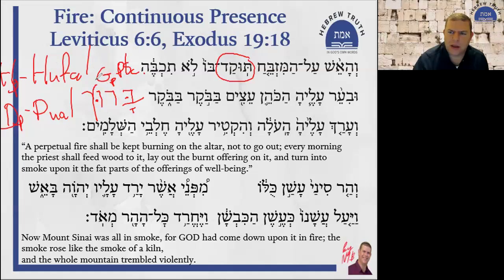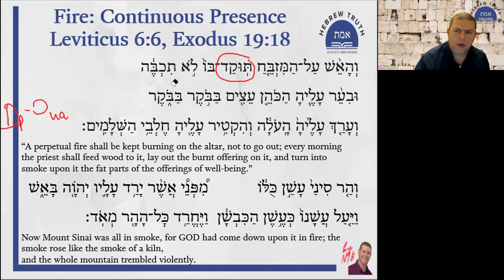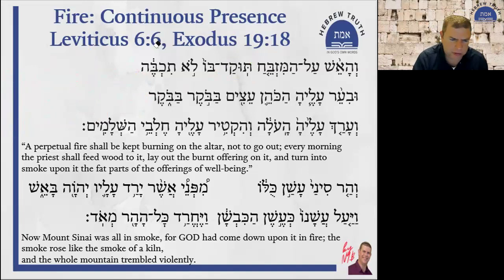And you can see that they all have the U vowel. Either the kal passive participle following the second root letter, the pual following the first root letter, and the hufal following the prefix. So the position of the u vowel changes, but the use of the u vowel to mark the passivity is something that we see across these. By the way, not just in Hebrew.